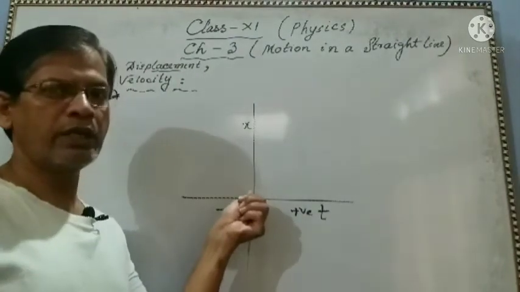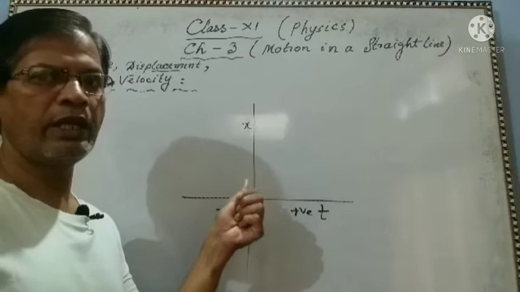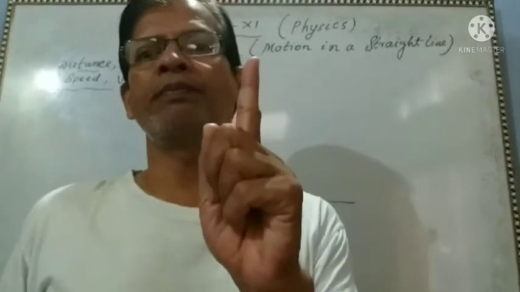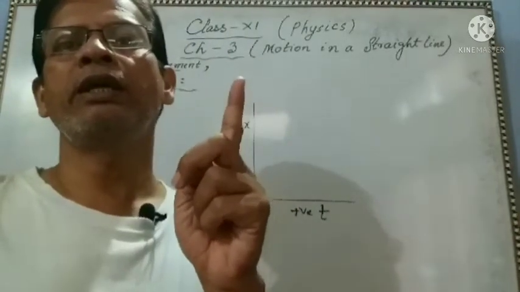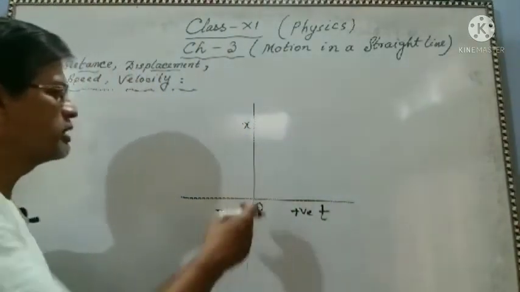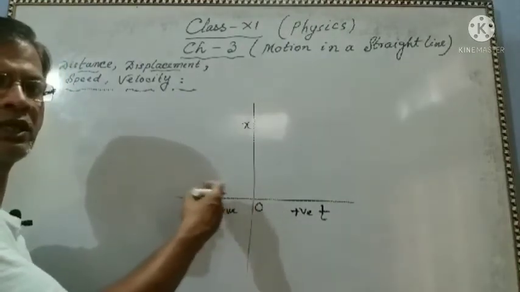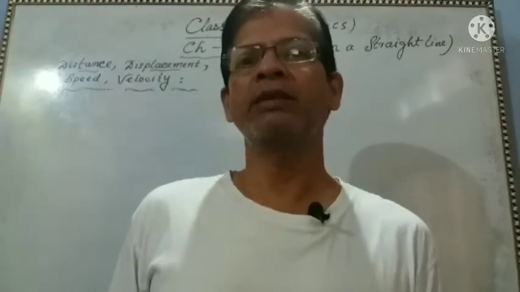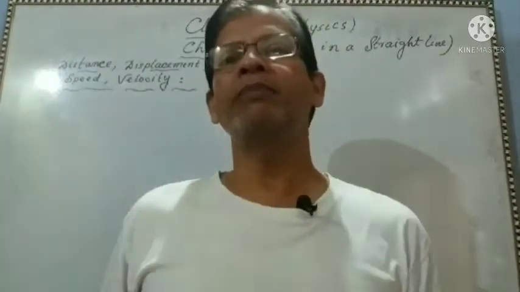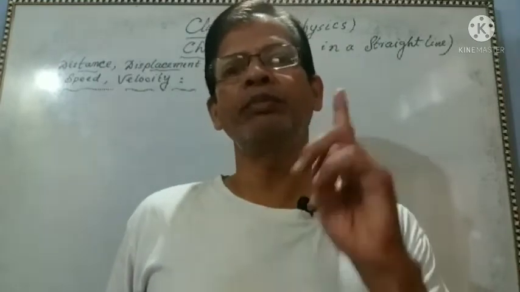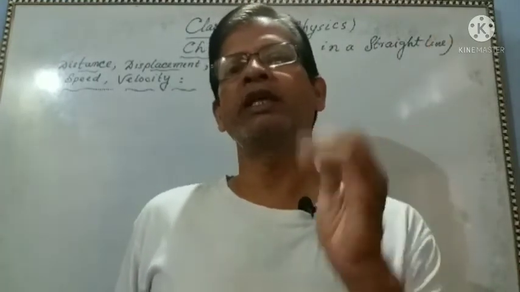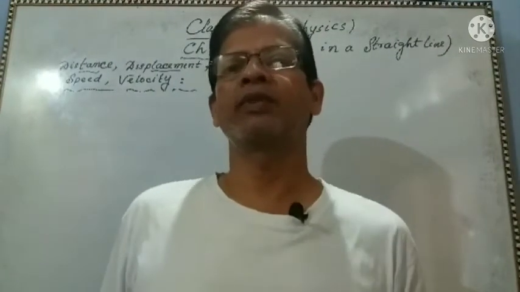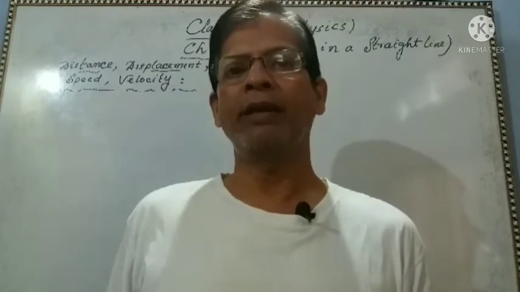This is a fixed time which is considered as the origin. Suppose this zero time is 9 am and he reached at 8 am. How will you express this? 8 am is in this direction, so this is the negative time axis. Negative time indicates before reaching time. Before reaching means he has reached earlier. This is the negative time.